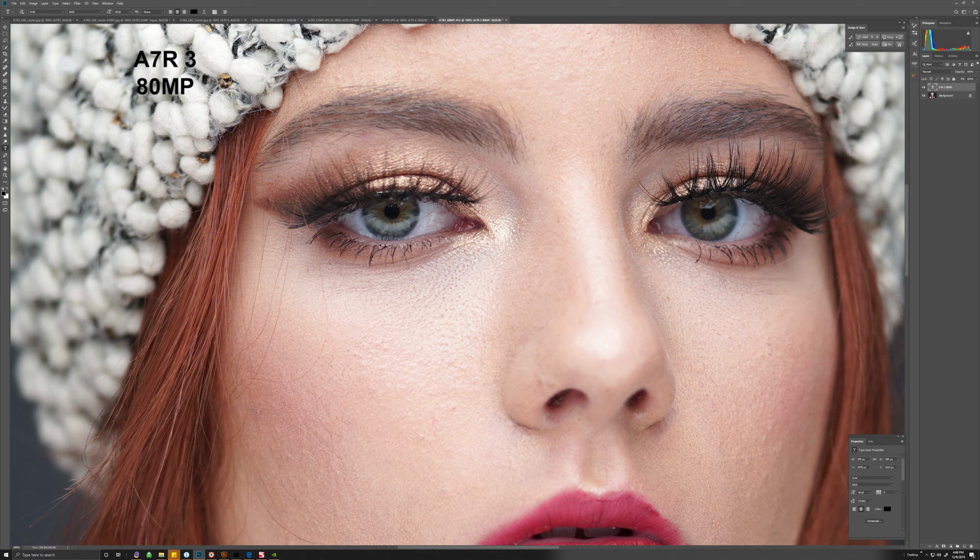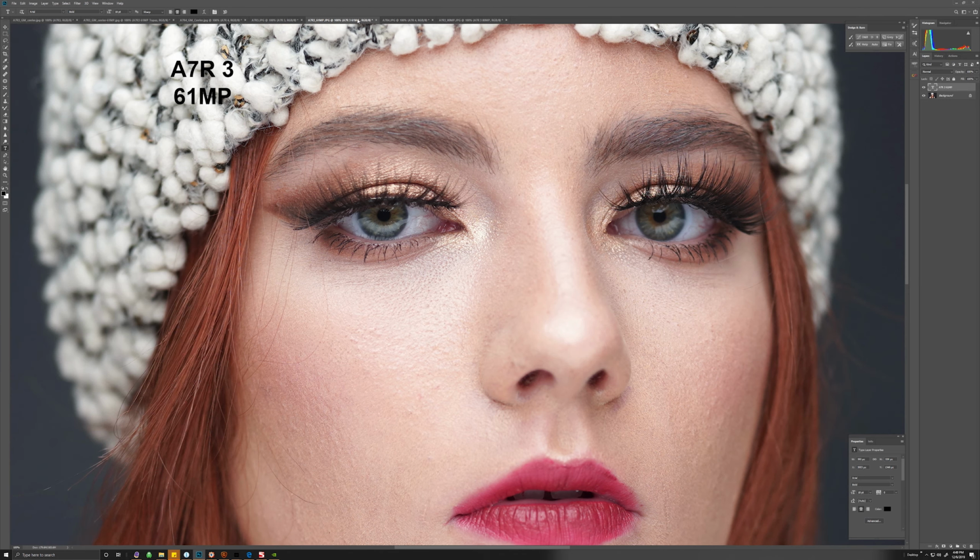Obviously, it's never going to be as good as the real thing, but I'm impressed. So, just to make something clear, I'm not saying that this is a way to replace the R4. There's some things that the R4 can do that the R3 cannot do. In the same way, there are some things that the R3 is actually better at than the R4, like higher ISO,